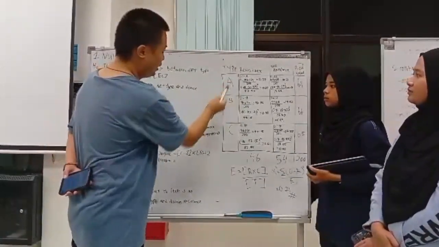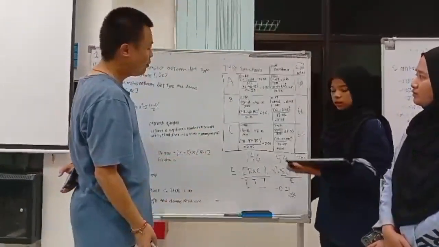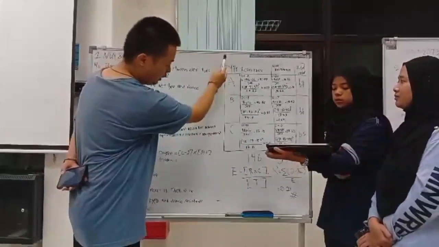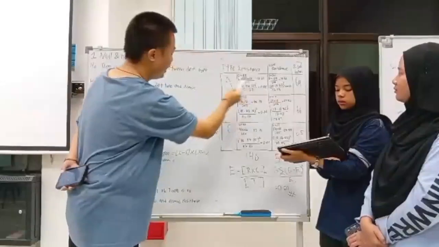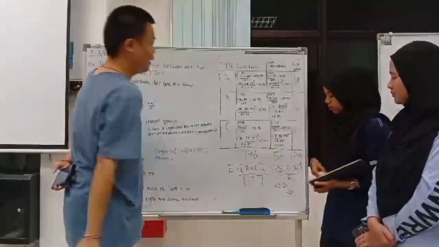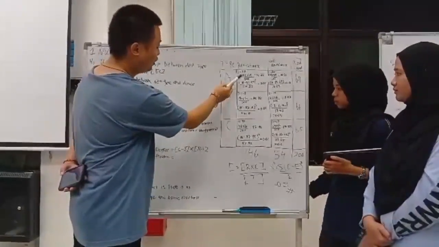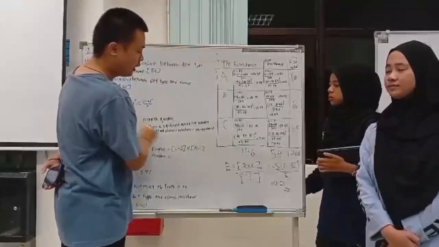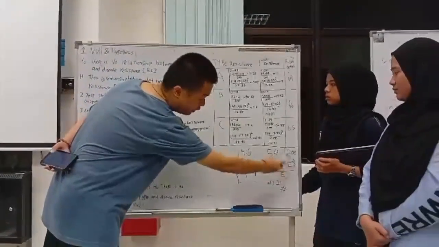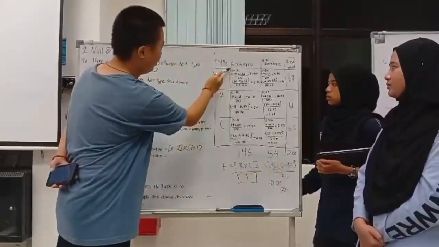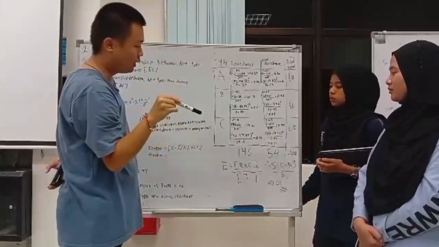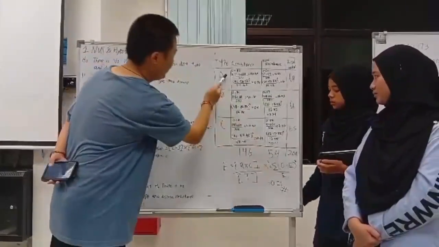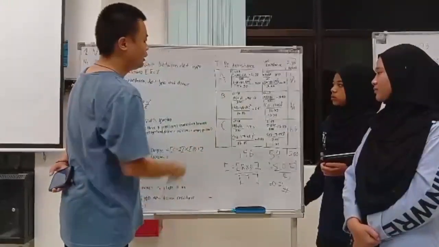E can be determined by using the formula: column total multiplied by row total, divided by the grand total. Using this formula, the value of O minus the value of E, squared and divided by E, gives you this answer. So the same step